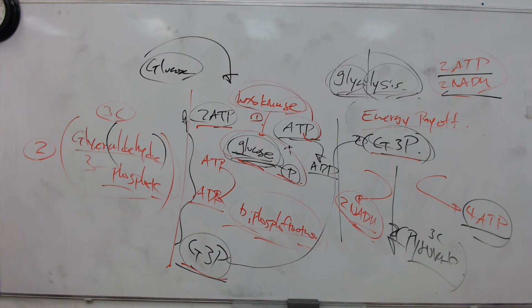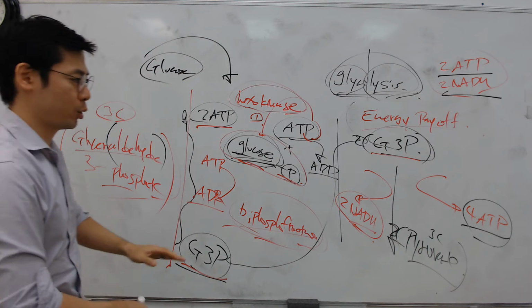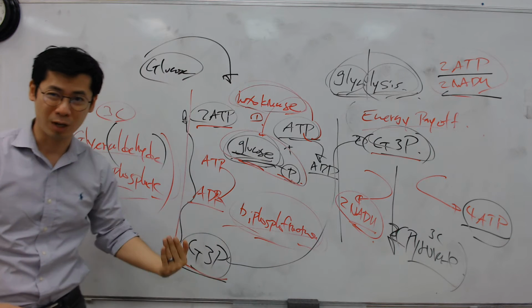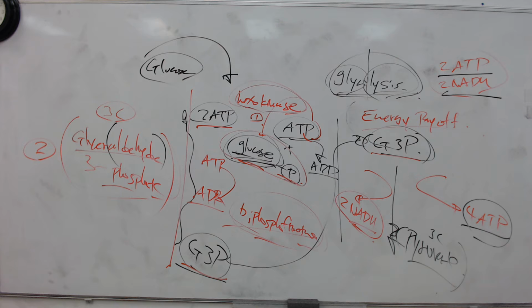What's the problem with that process right now? Why can't they just throw everything out because ATP is what they need, and have another glucose come in? What do you think, Andy? NAD plus. Exactly, the problem is this guy. They can't just produce one more of these. They have to convert NADH into NAD plus.